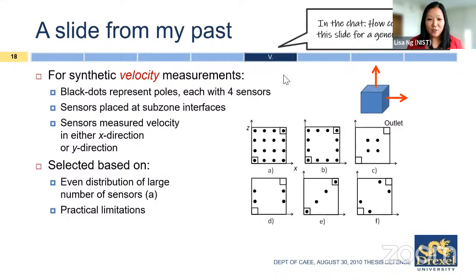All right, Michelle said color. Yes, I could definitely use more color to coordinate what I'm talking about with what I'm showing on screen. That's very good. All right, Alex said have a 3D view that shows poles so the audience can visualize it easier. Yes, that's very good as well. So right now you're looking at a 2D picture. If I wanted to show a 3D, I could manipulate this image or have a 3D image. Excellent.